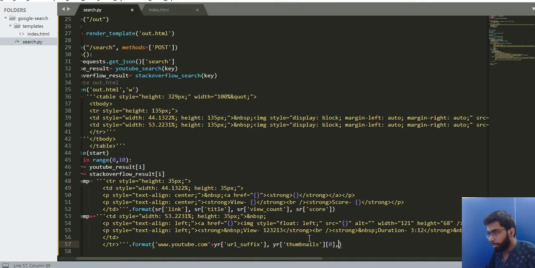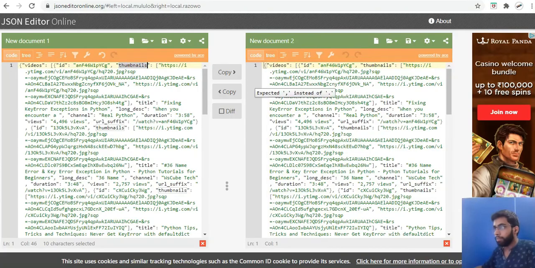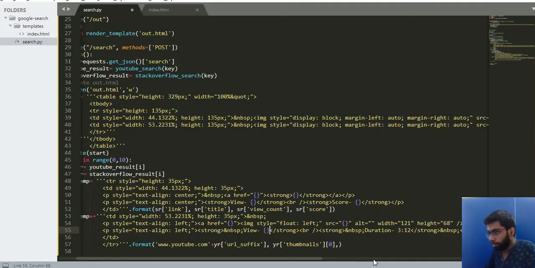The second line should have my views, so views is coming as views itself. Okay, I have var dot views, comma, I need the duration as well, so this is the duration.